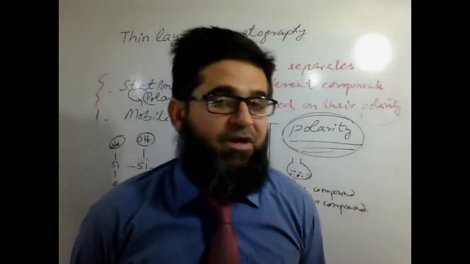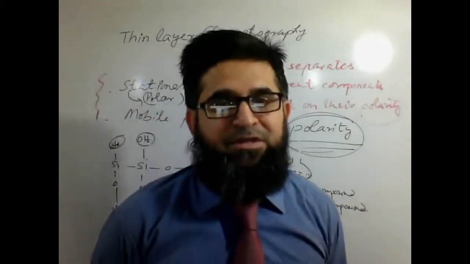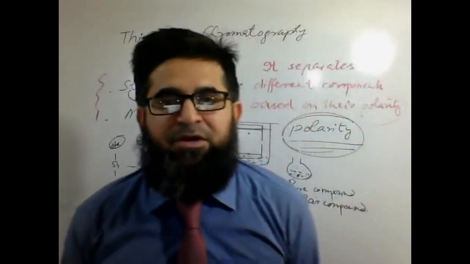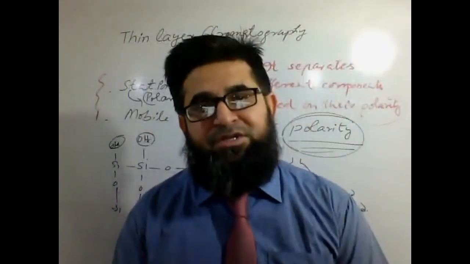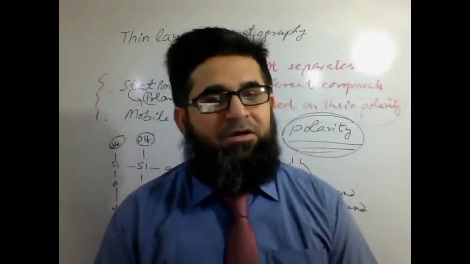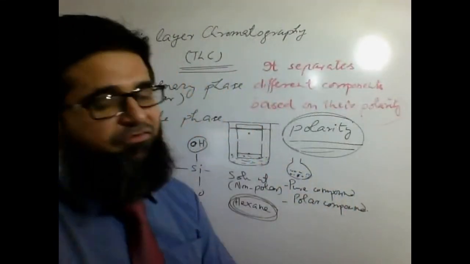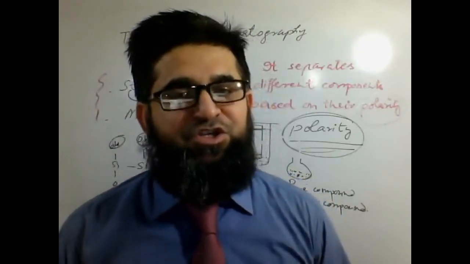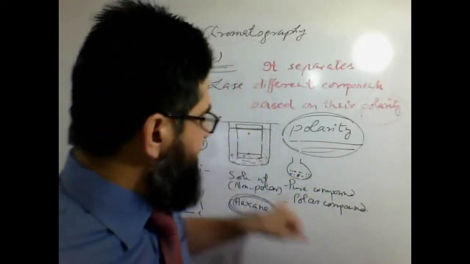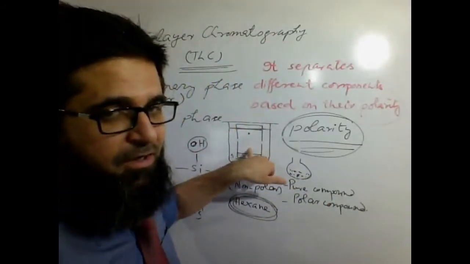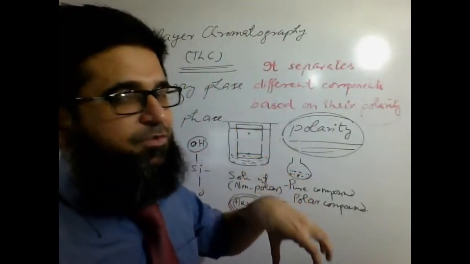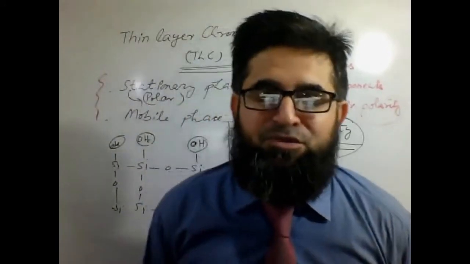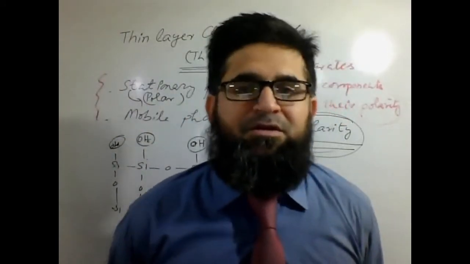If someone has told me in the lab, please check whether this compound is a carboxylic acid or not, after looking at this spot, one can assume that it can't be a carboxylic acid. Carboxylic acids are supposed to be polar, and the polars are supposed to be on the base under the condition which I'm discussing with you. If the spot is very high, you can simply say no, it can't be. It's some sort of non-polar. It is something else.